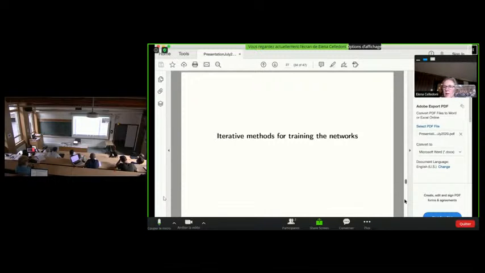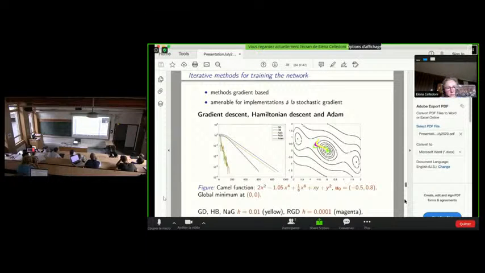Okay, now I've come to the last part of my talk, which is about iterative methods for training the networks. I'll start with this slide, which shows a comparison of different iterative methods. Typically, in this field, the iterative methods which are considered for training the network are gradient-based.